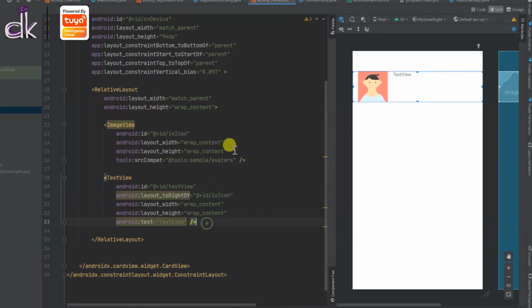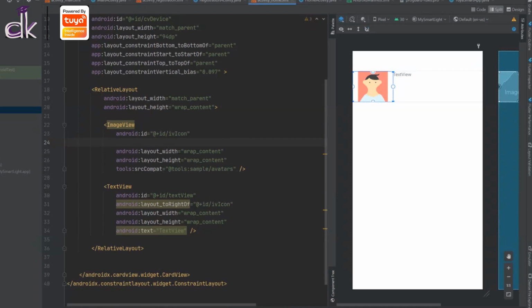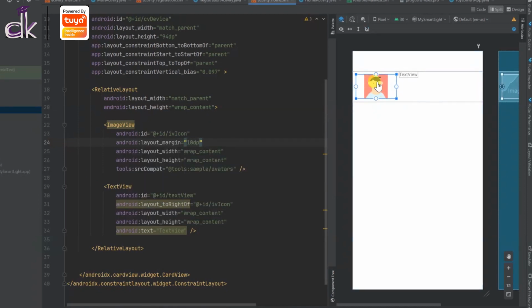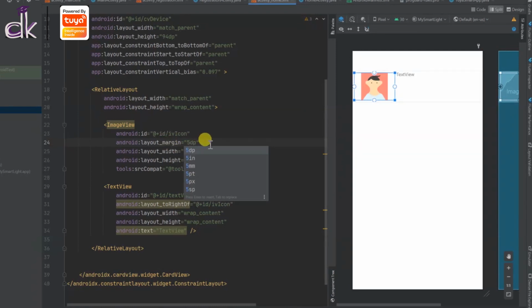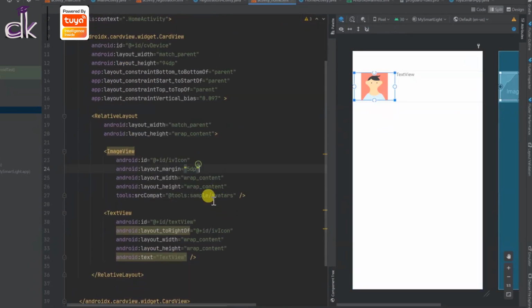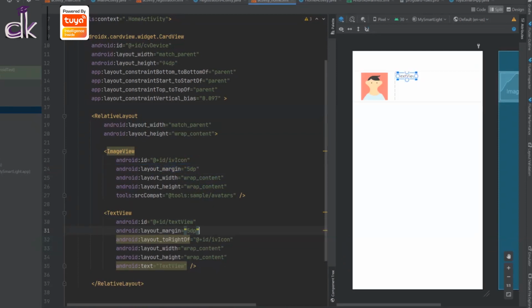All right, and one thing you can also do is make sure that there is sufficient margin from the layout so that it doesn't just stick to the end of it. So you can provide some margin. So here I've just added 10 dp as a margin, so you can see that happening. But in case it's too much, you can just put it as 5 dp. Okay, and you can do the same for the text view as well. Just copy this and add it here.